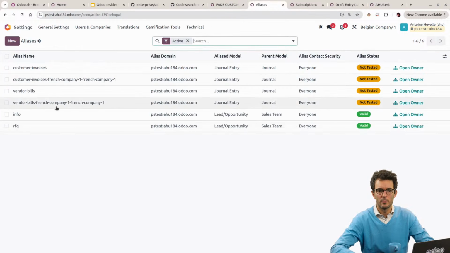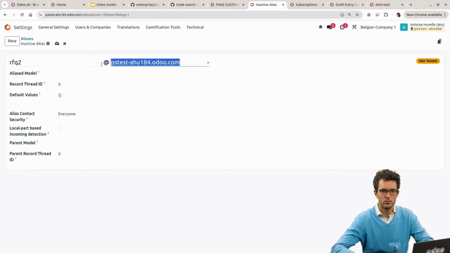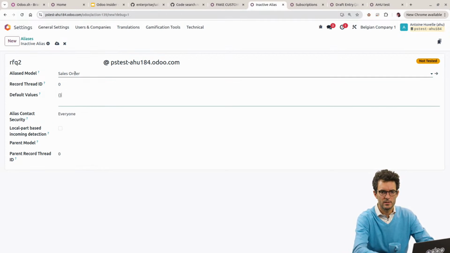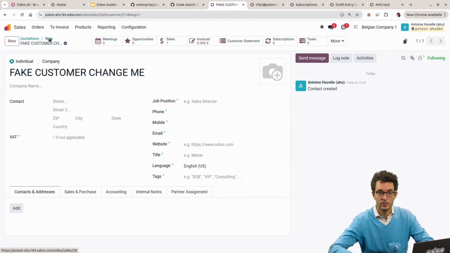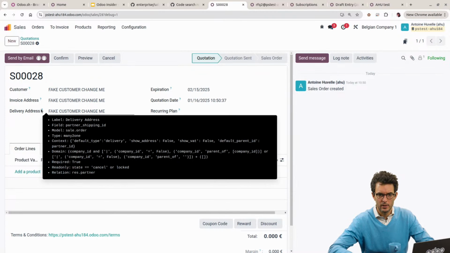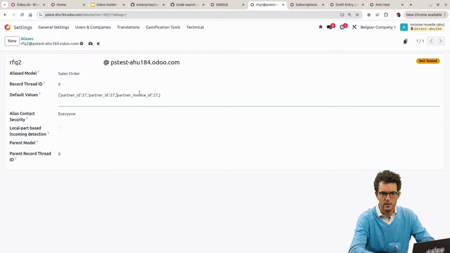All right, so that if I'm creating another RFQ, let's call it RFQ2, and we say this time it should be sale orders. At the very least, I should have default values, partner ID being 27. Not only this one, because I have different fields, and very important, I have 3 fields that are mandatory here: partner ID, partner invoice ID and partner shipping ID. So it would be the same, let's copy paste that one, partner invoice ID